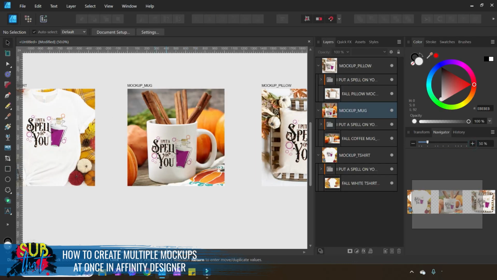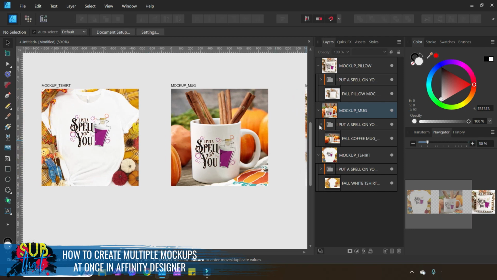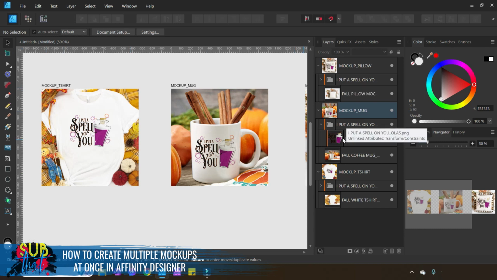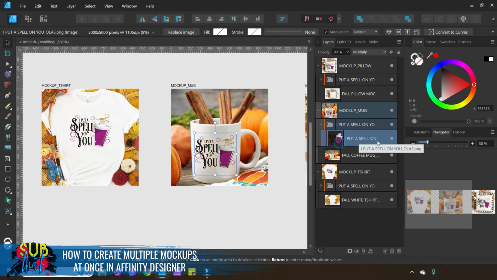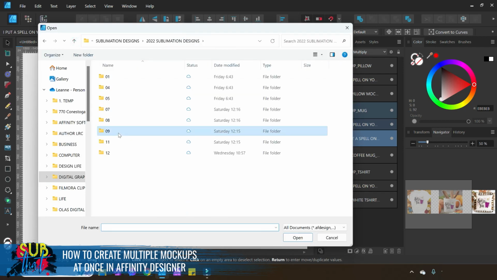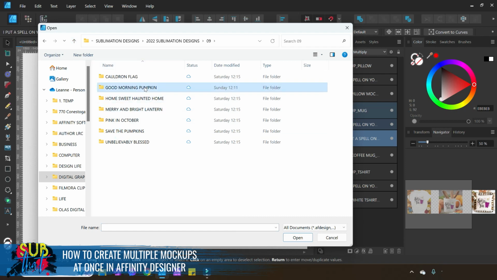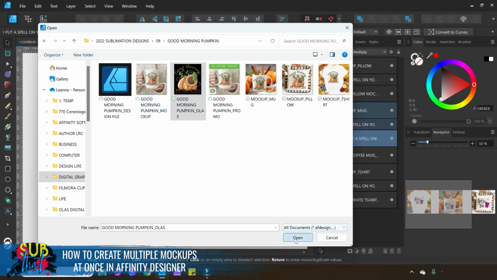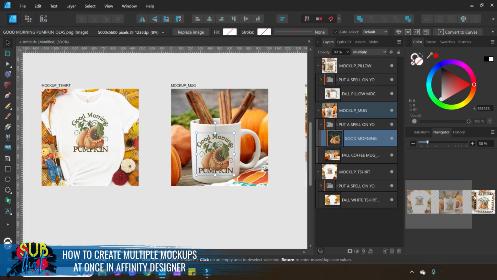Every time you want to use your same selection of mockups and you want to just change out the design, you will literally open up this Affinity Designer formatted file. It should be .af file when you go to that File Save As option. You're going to open up any one of the symbol layers. It does not matter. You're going to select the actual PNG file in the group, and then you're going to come to where it says Replace Image. And then you'll just go pick another design. So if I then come to Good Morning Pumpkin and select this one and select Open, it has now replaced